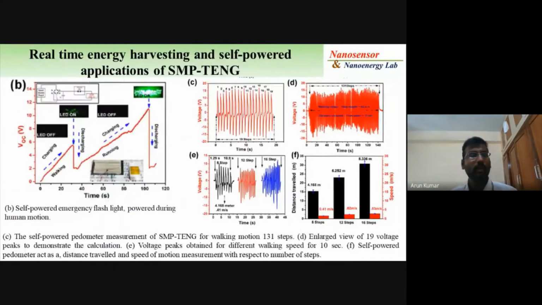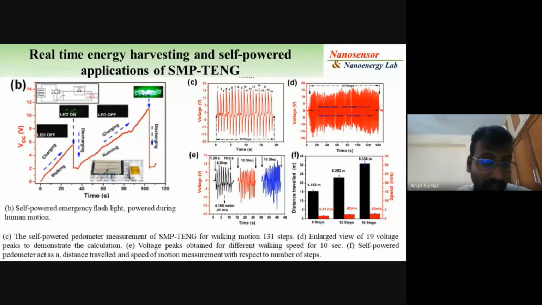Okay. So apart from this, the same device is a self-charging device, like charging, not self-charging. Like previously, the capacitor will charge and discharge, right? For emergency purposes, you can use this device. It can charge, and whenever you need, you press, the LED will glow. Instead of the flash in your mobile phone, you can use this self-powered device. Okay, so charging and discharging will happen.